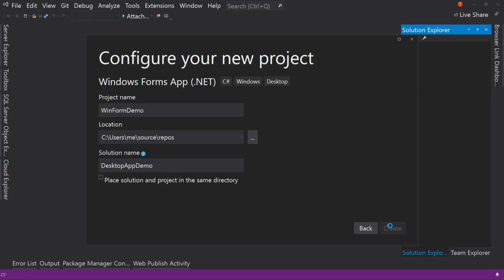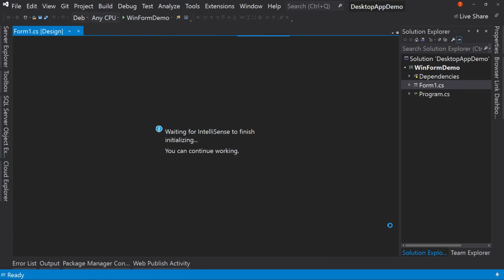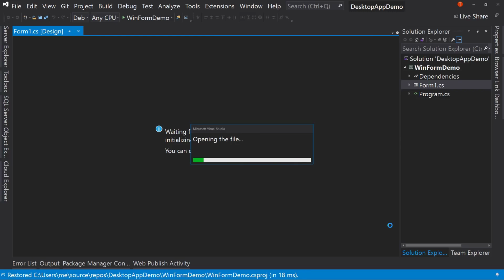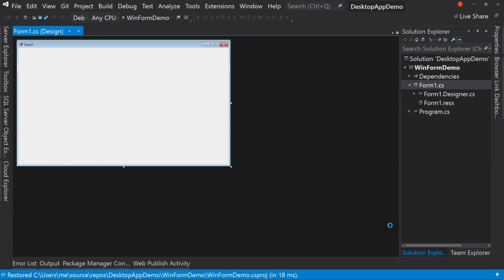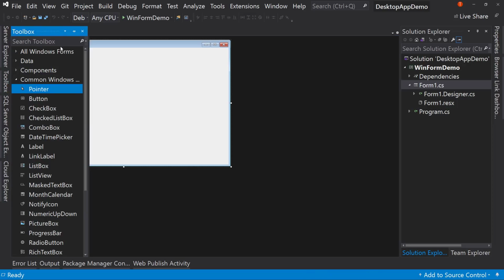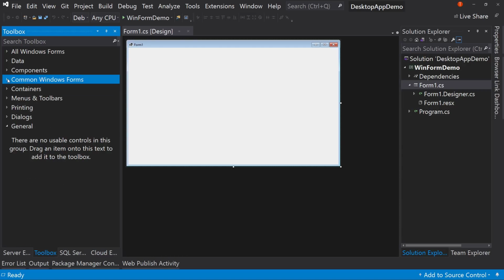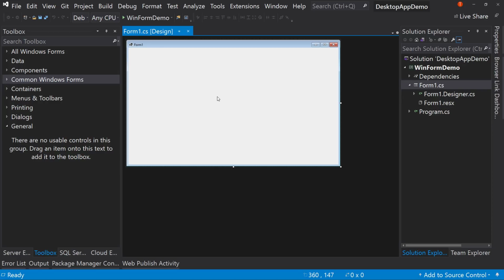So we're going to create a WinForm app first because there's not a ton to show you here. At least I'm not going to go into a ton. I just want to show you that, yes, things have changed a little bit. And primarily the thing that has changed is there has been a continued work on the form designer. So that this form designer right here is now, in theory, more stable. It has more availability to bring in third-party controls into the drag and drop designer, and things just tend to